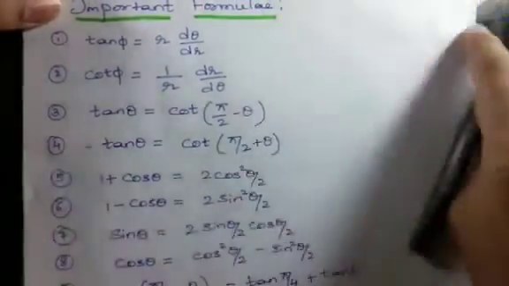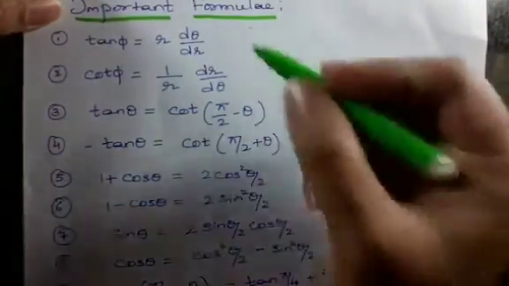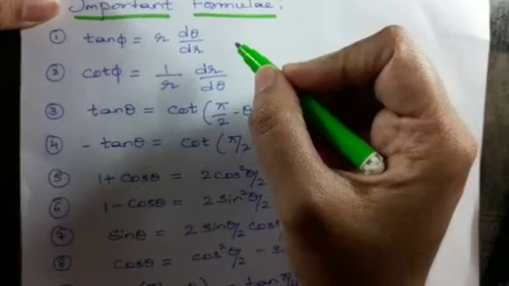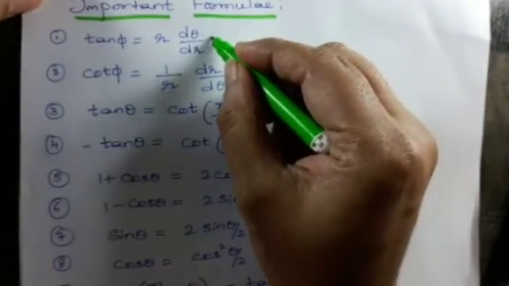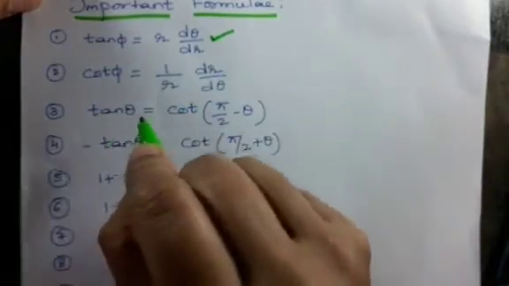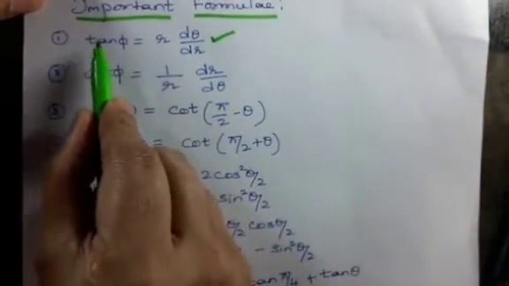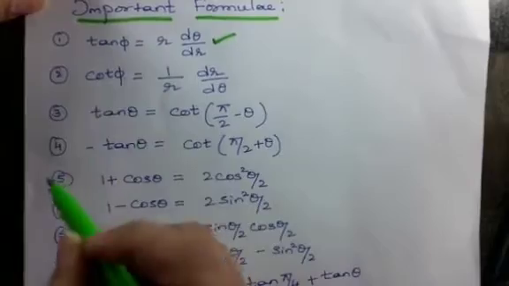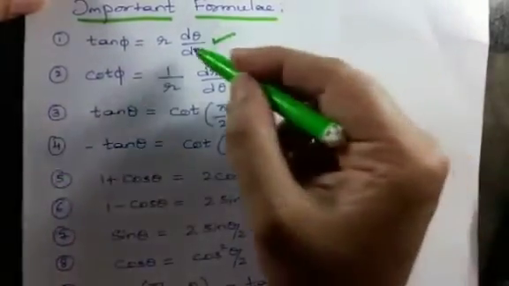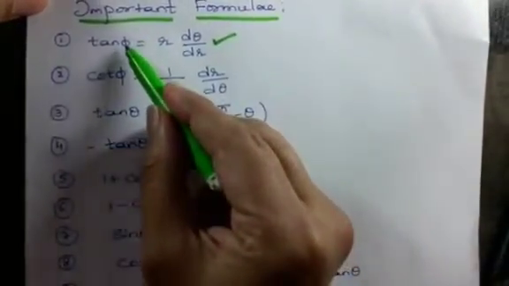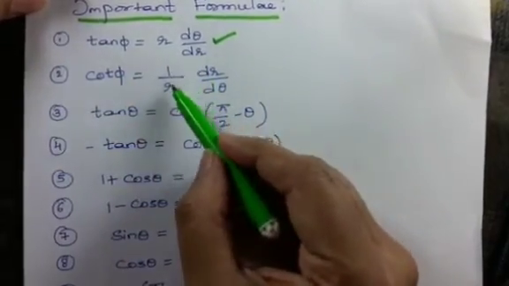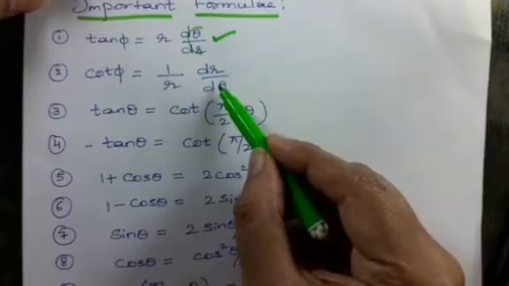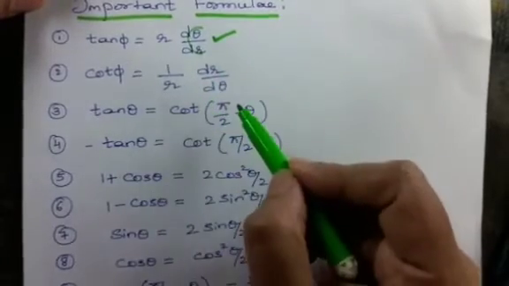So what we derived in the last class, as I told you, the angle between the radius vector and tangent to the polar curve is tan phi is equal to r d theta by dr, right? You can also represent this as cot phi. If I reciprocate this, the reciprocal of 1 by tan is cot, right? So cot phi is equal to 1 by r d theta by dr, it becomes, right?